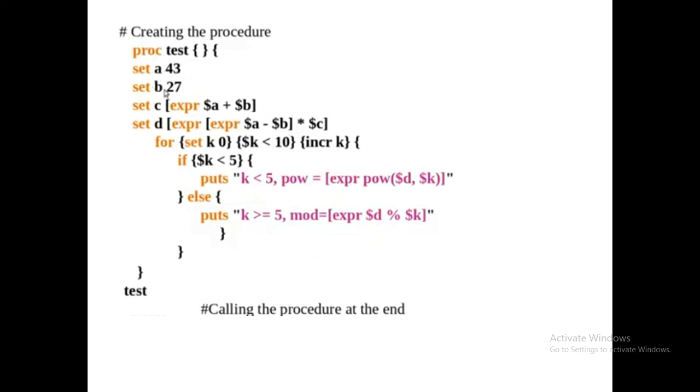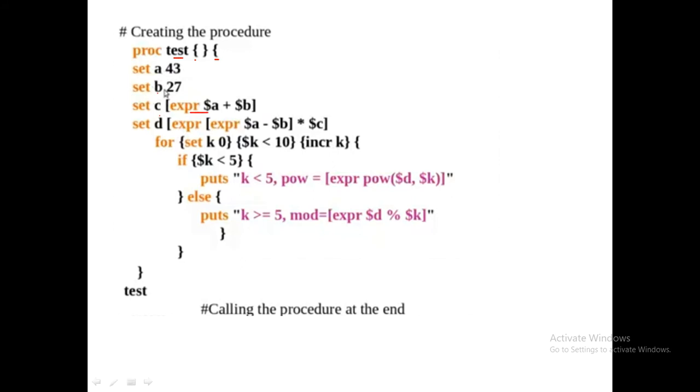Now this is a simple program on how we are going to write procedures. You can see all the for loops here. You have proc, and the name of the procedure we are using is test. I am not giving any argument here, so open flower bracket, close flower bracket, then the starting flower bracket of your procedure in the same line. Now set A 43, some numbers I am going to set. For A I assign a value, then set B, then set C, some values to C also. What is that value? We are calculating.